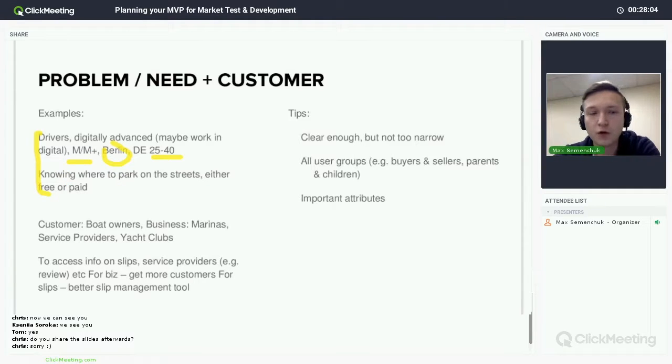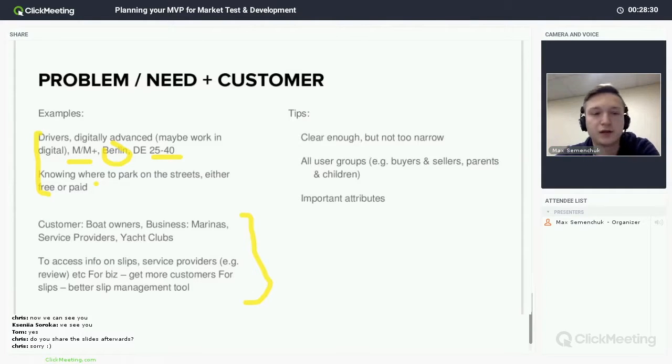And the problem or the need that we're trying to solve for them is that they don't know where to park because of occupied parking slots. So we can solve the need to know where to park and whether the parking is paid or free. Another example is more complicated because it's a platform that has 2 types of users.